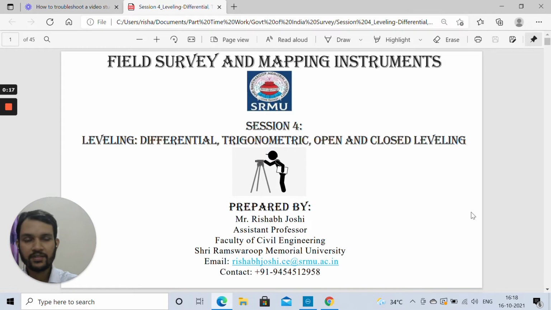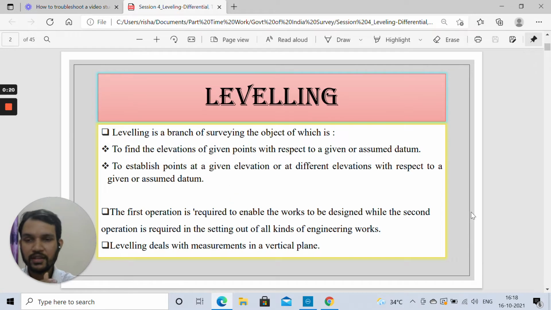Basically, two things may be required at a particular field site. First is to find the elevation of various points, either with reference to a particular benchmark point whose elevation is already known to us, or even if it is not known, most of the time it is required to calculate the elevation of all the other points with reference to a particular benchmark point. We consider a particular point from which we are going to start the construction, or any rigid point that is not going to change, as a benchmark, and its elevation is with reference to the mean sea level, which we consider as the datum in most cases.